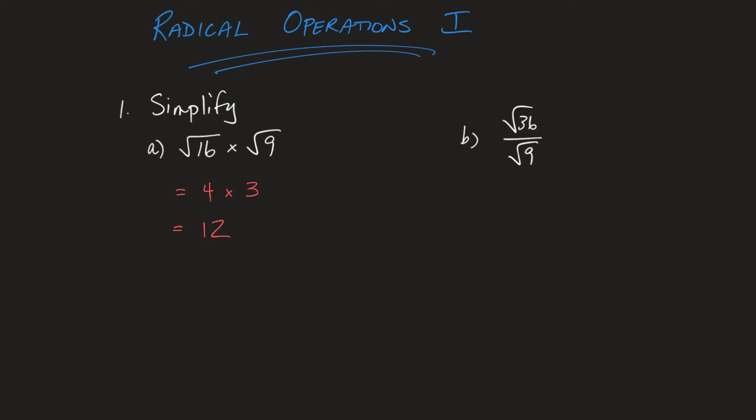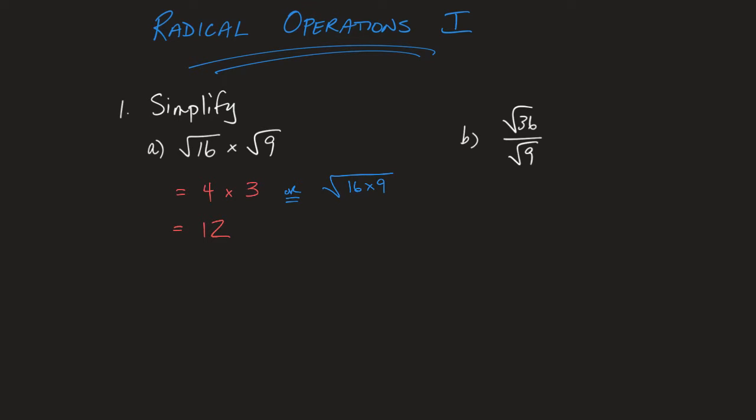Now, I think it's important for us to note that we could have also tackled that problem a different way. As I put down that different way, I think it's important to recognize that what I've just done in white, that original expression, could have also just been yesterday's topic, but backwards. Notice that if I wrote down my blue, root 16 times 9, I could then take the individual roots of